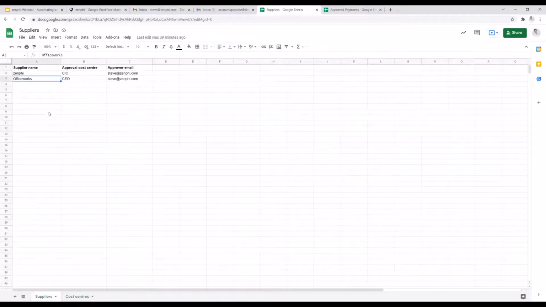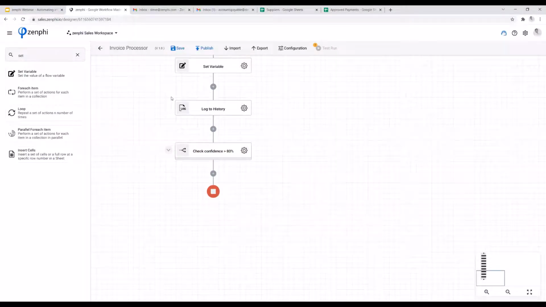In my supplier list, I've got the supplier name, the approver cost center. So it's saying any invoices coming in from Zenfi need to be approved by the CIO. And I'm using a lookup formula here to go and look up in my cost centers sheet and find who the approver email is. So within our flow, I'm going to be looking up in this sheet and finding the supplier name based on the supplier name that's come through on that AI model. So the first thing I need to do is look up